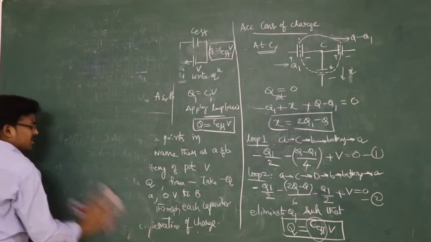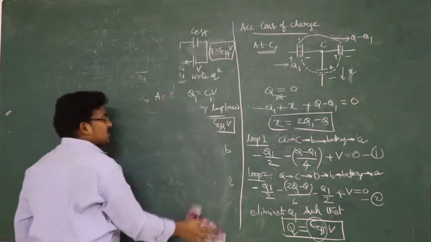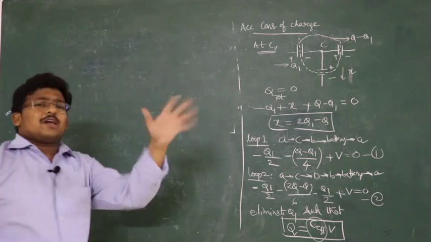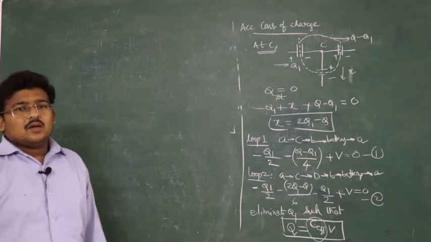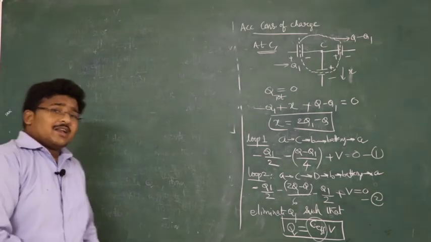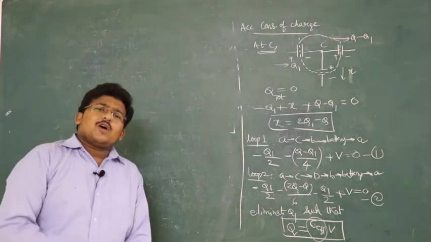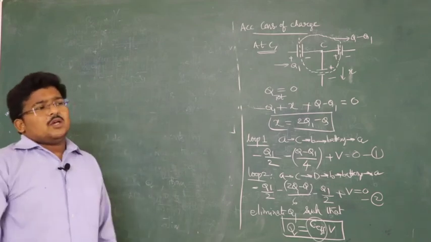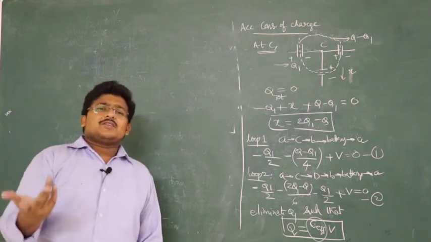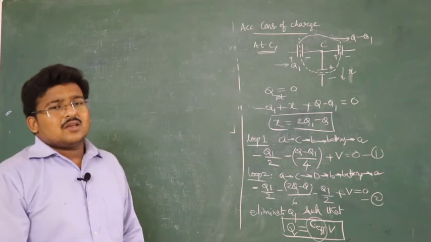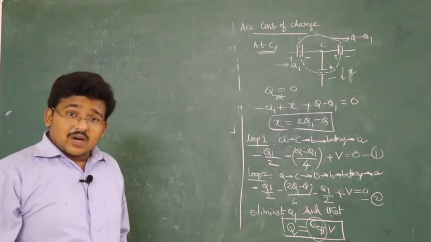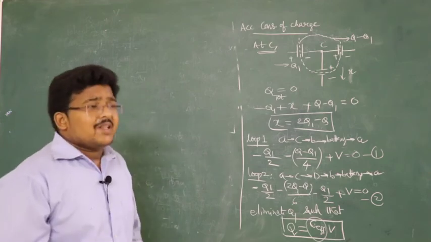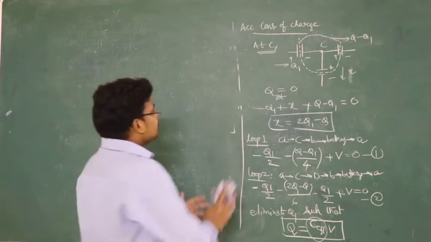So there are a lot of problems to discuss. There are a number of methods, and you can apply them to anything. It is not a requirement that we bind ourselves to only one method. We have a number of methods. If you are able to identify series and parallel, then that is very easy. If you could not identify series, parallel, or the Wheatstone bridge method, then you need to go by this method.